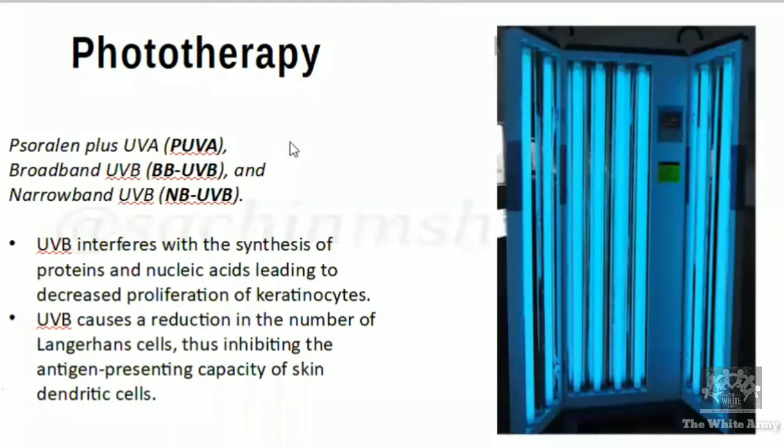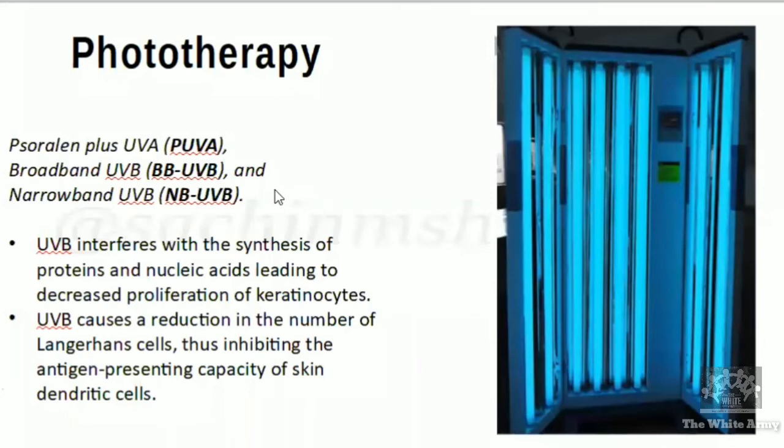UV radiation can be divided into three subtypes, like from the spectrum. UVA is usually from 340 to 400 nanometers, and UVB being around 290 to 340 nanometers. Even in that UVB, narrow band UVB takes only a single wavelength of the ultraviolet radiation, that is 311. So based on the frequency or wavelength of the ultraviolet radiation we give, we can divide into